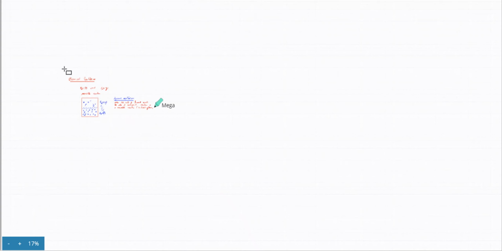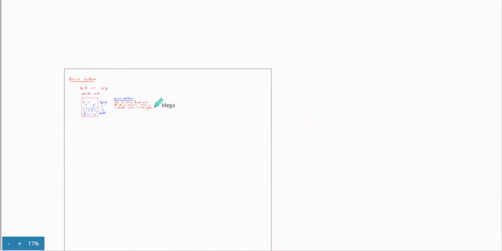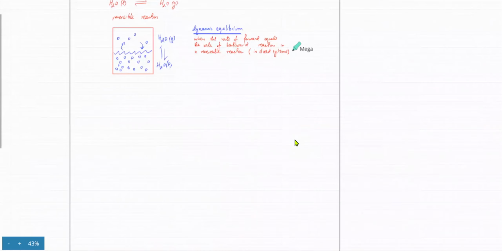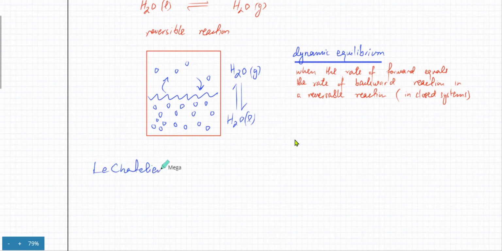So now I'm going to move towards the Le Chatelier principle. So what's the Le Chatelier principle? The Le Chatelier principle is that the equilibrium opposes any change that's introduced to the system. So the principle simply states that your equilibrium,